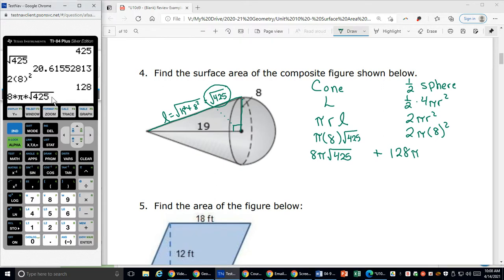Notice the square root bar is still over my cursor, so I'm going to arrow out of that when I do my plus sign for in between my two expressions. So I have 8 pi square root of 425 plus 128 times pi. Okay, so I have 8 times pi times the square root of 425 plus 128 times pi. This is going to give me my approximate surface area, which is